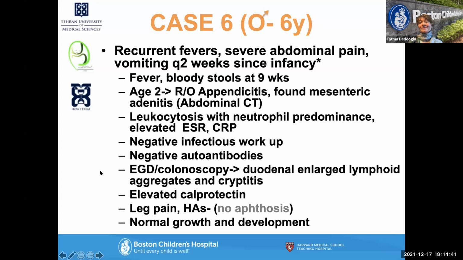So, sorry about all that. So I'll just collect myself a little bit. So this case,